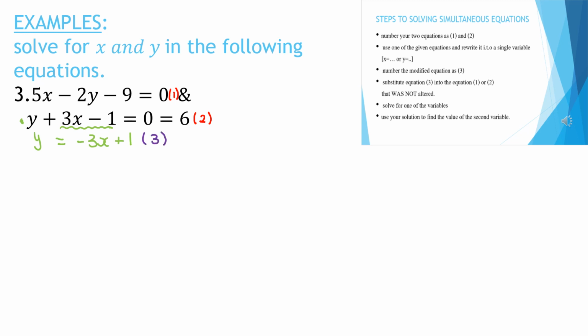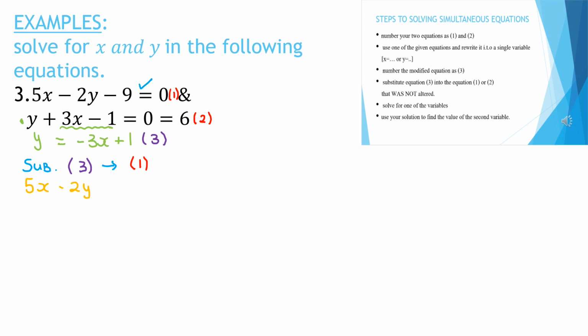The step thereafter says to substitute equation 3 into the unaltered equation. This is the unaltered equation, and so we substitute equation 3 in purple into equation 1 in green. So we substitute that equation into equation number 1, and we find that equation 1, which was previously 5x minus